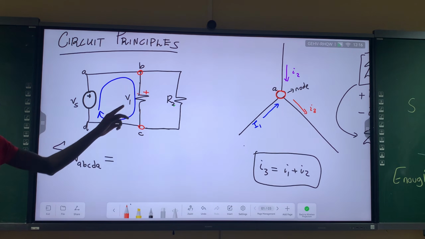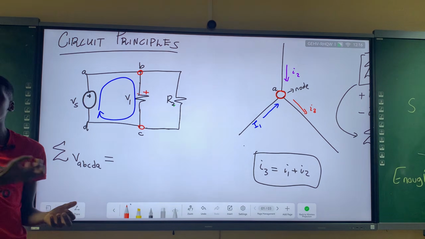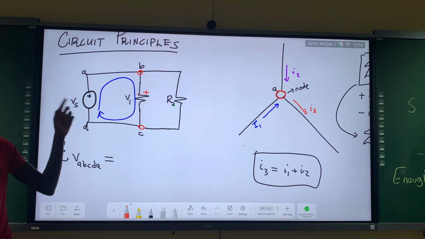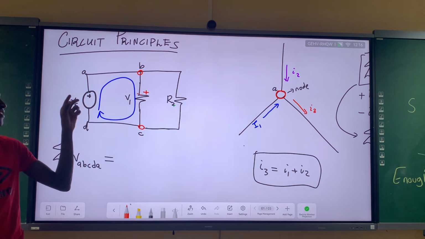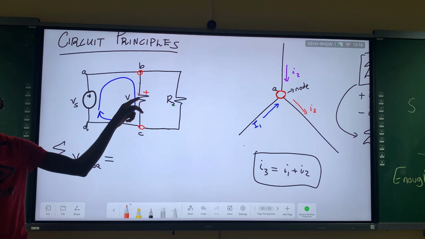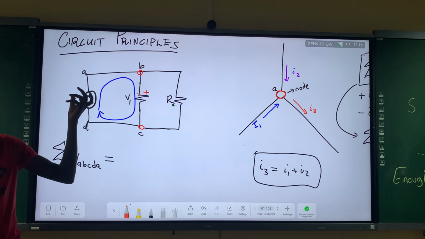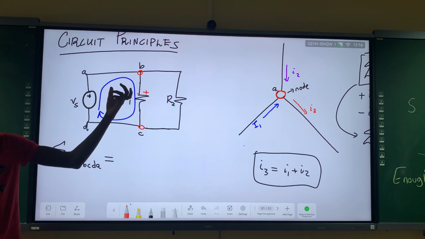So here we say that there is a voltage loss, because remember that resistors, they are doing what? They are using up the voltage, whereas batteries, they are doing what? They are giving the voltage. So here there is a voltage gain into the circuit. Here there's a what? There's a voltage loss. So these charges here, they are given voltage. That's why it's a voltage gain to the charges. These charges here, they are doing what? They are losing voltage. That's why it's a voltage drop. No, it's a voltage loss.